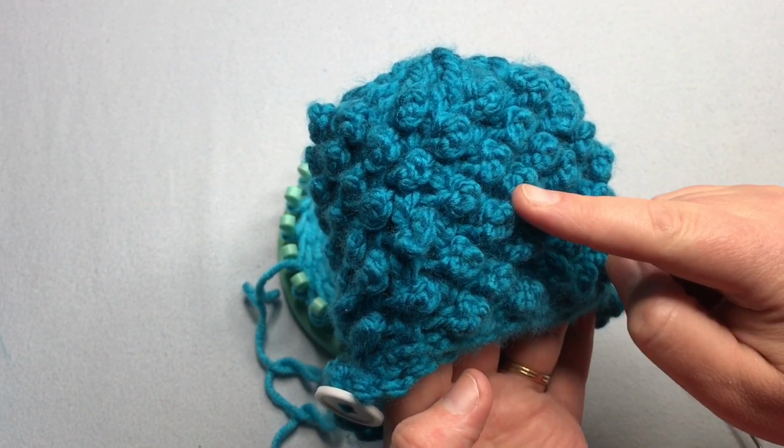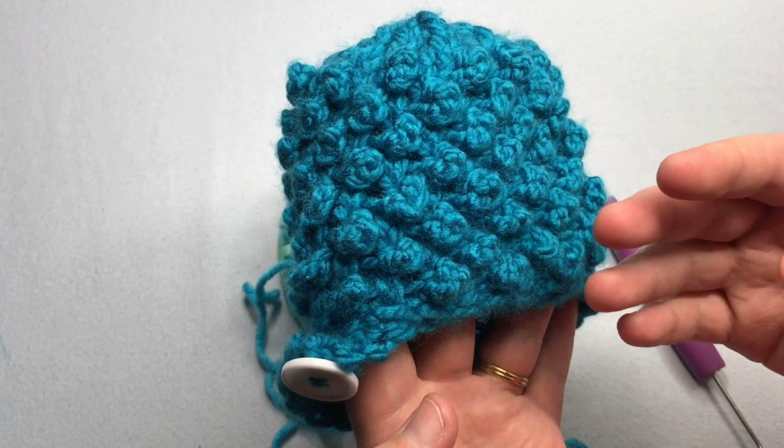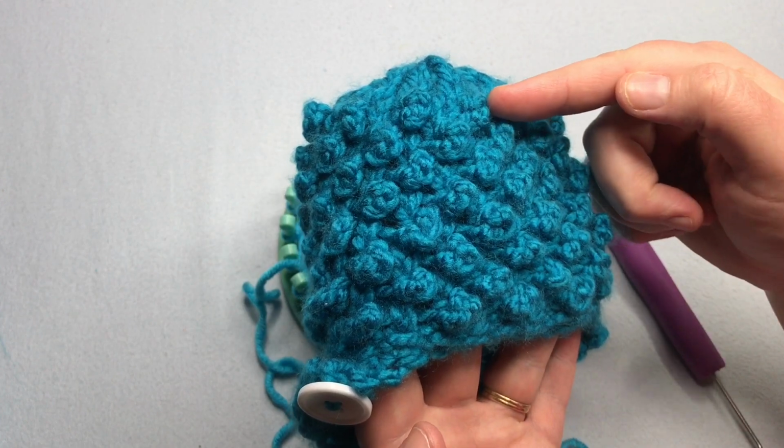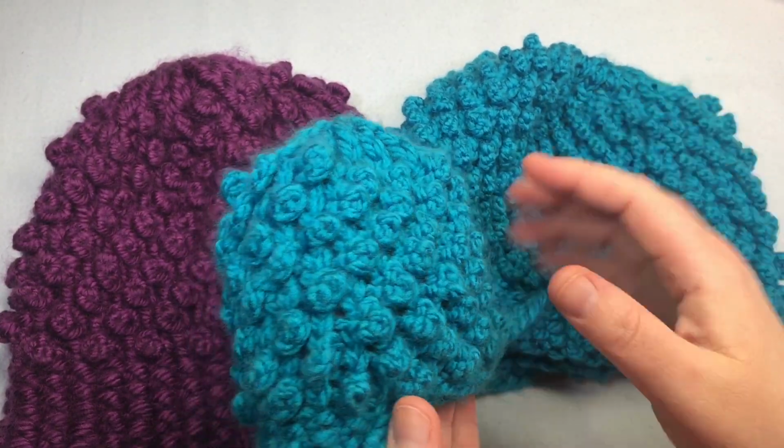And so it has a zigzag effect. Basically, you just repeat those 4 rounds a number of times until you get to the length that you want. Okay, so I want to jump to a visual aid of the adult size hat, and then of course here